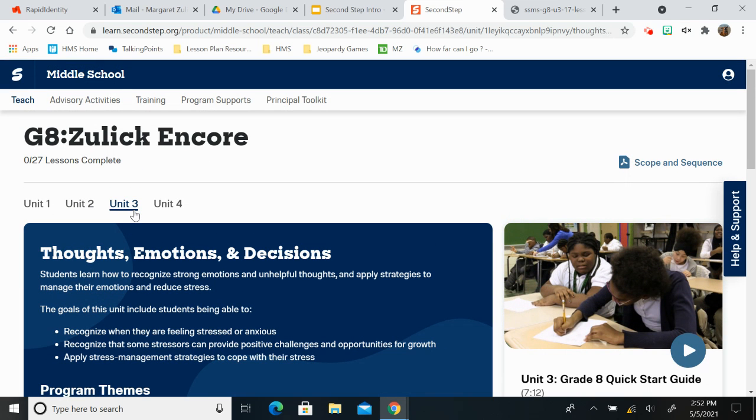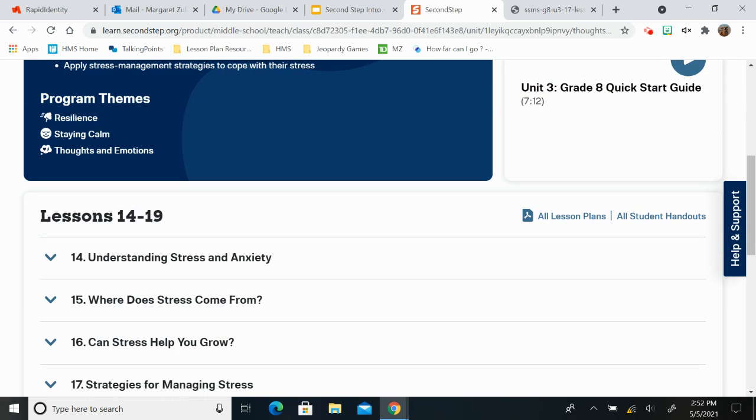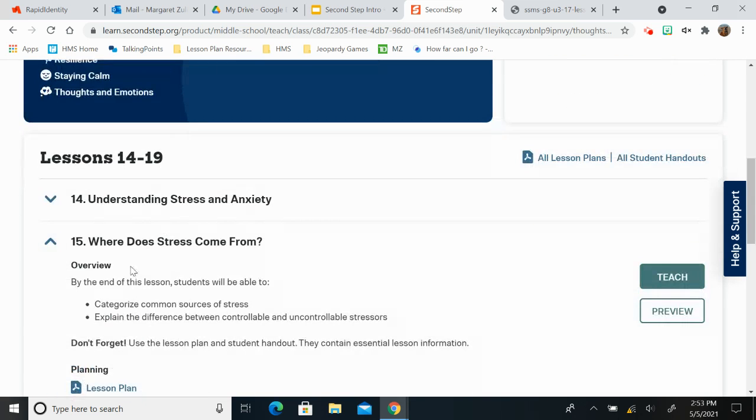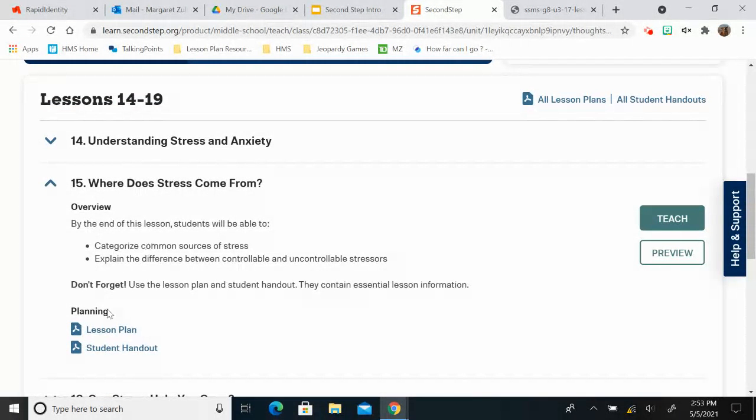So once you know which lesson you're going to be teaching for class, you're going to want to go to your dashboard. You're going to want to select the unit from which your lesson is going to be pulled. So for example, I'm going to be looking at a lesson from Unit 3. For each lesson, and I'm going to pick one I have not done yet, it gives you an overview, and